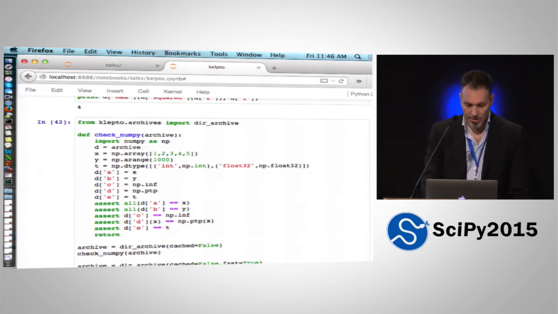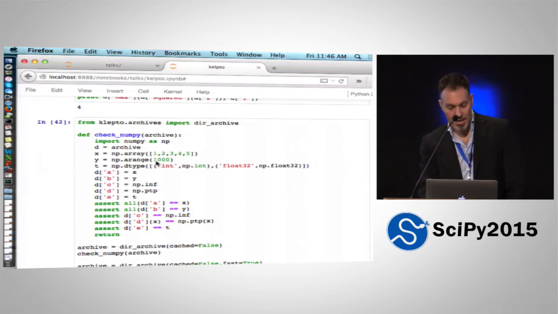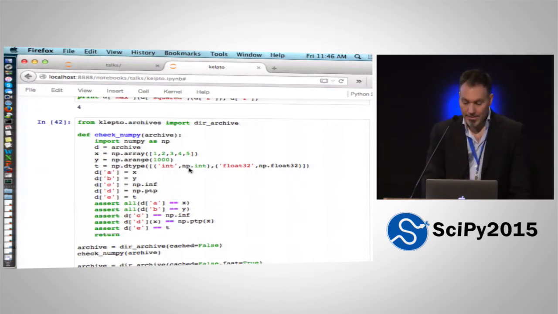Here I'm building a directory archive, and I'm going to go through some NumPy stuff. You can see I'm saving an array, a big range, and a compound data type that you might use in a structured array. So the NumPy inf, the NumPy point-to-point ufunc, and it basically,